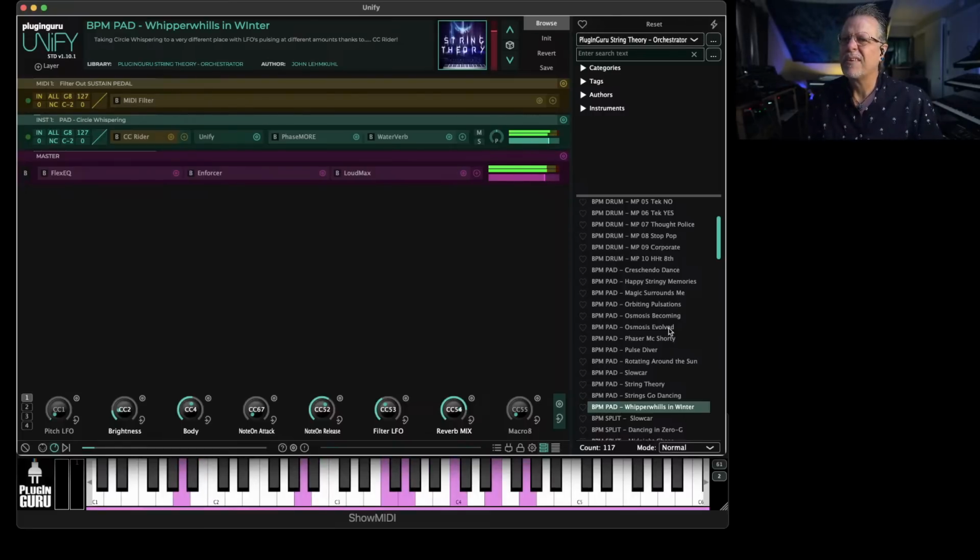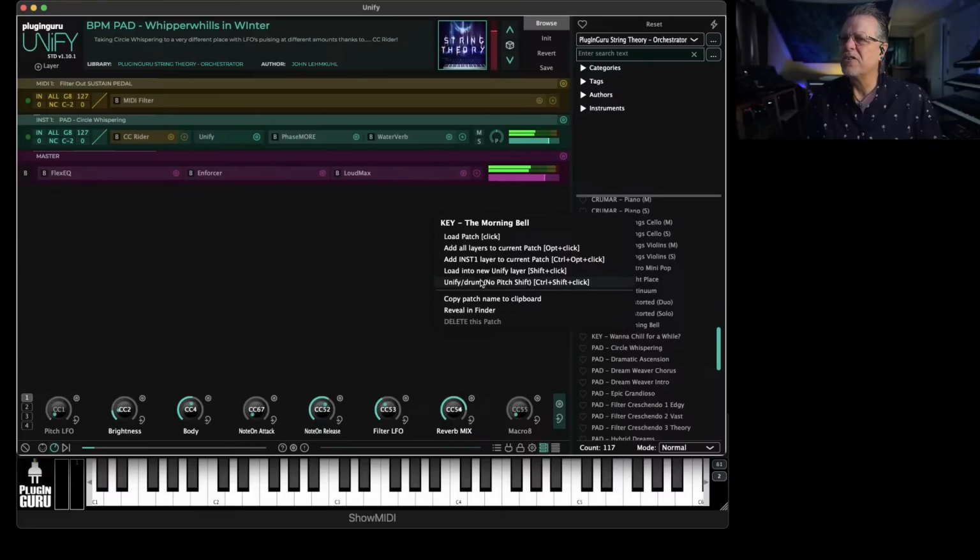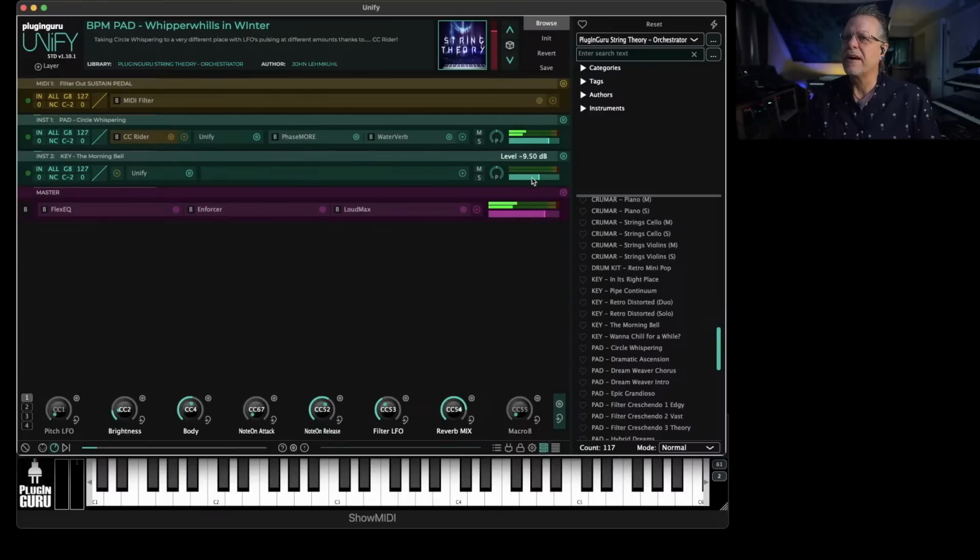Right? And if you go to the keyboards, I did the piano for Morning Bell, which is this beautiful piano from a Radiohead song, and